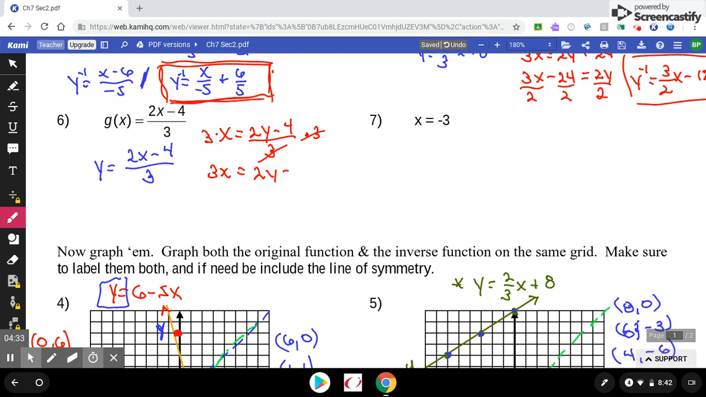2y minus 4. How do I get the 4 to the other side? I add it. And how do you get rid of the 2? You divide. So I got 3x plus 4 over 2